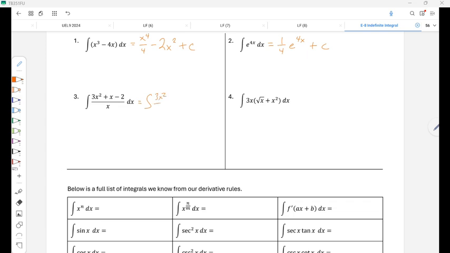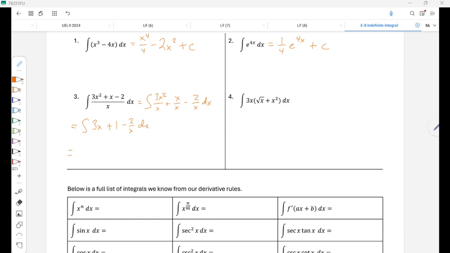This is algebraically equivalent to 3x squared over x plus x over x plus, and by plus I mean minus 2 over x dx, which is equivalent to just the integral of 3x plus 1 minus 2 over x dx,